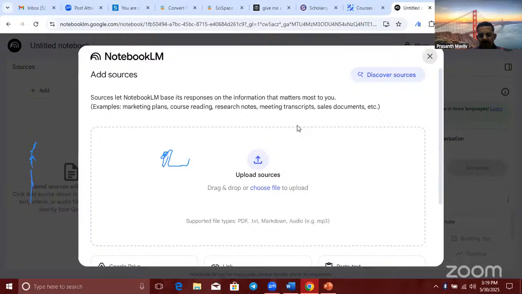This is extremely useful for students because while studying for your examinations or preparing for your seminars, you will be collecting so many notebooks or YouTube videos or lecture notes, and you need a summarized idea of all the things you have collected. You may be getting a PPT from your faculty and you'll be sitting for studying, and to get a quick glance of what everything is about, you can use Notebook LM.